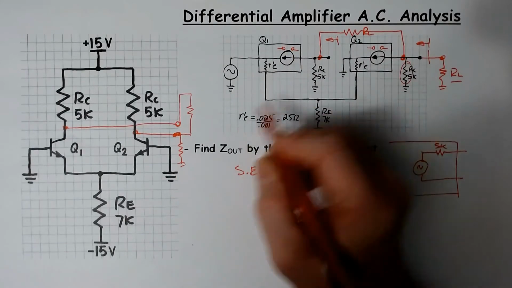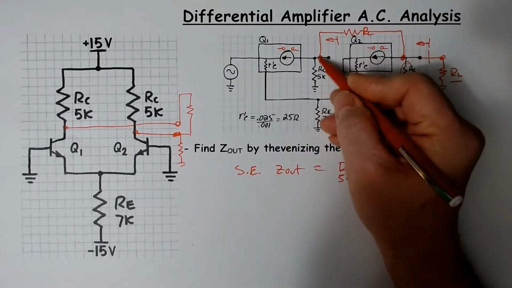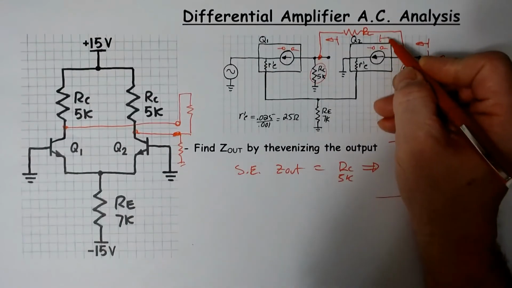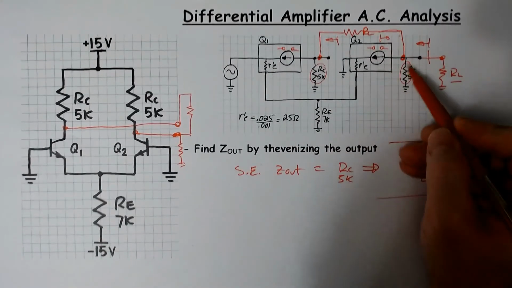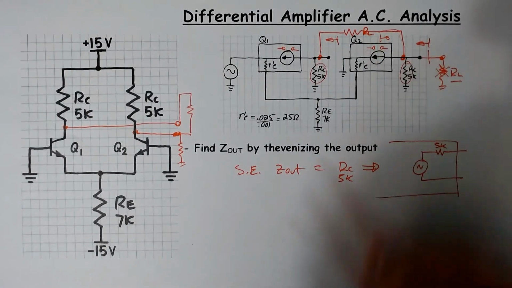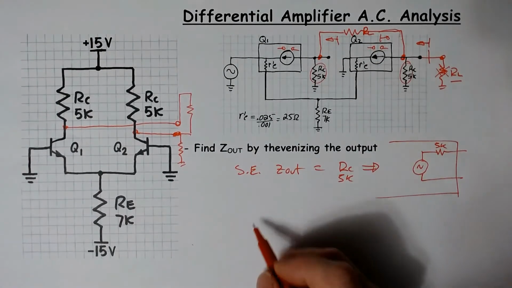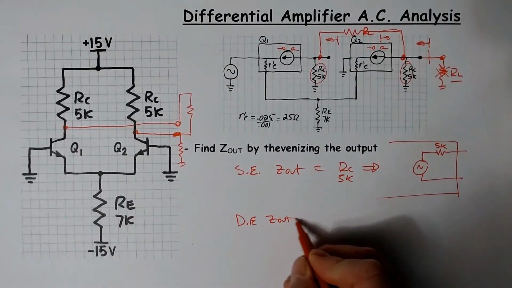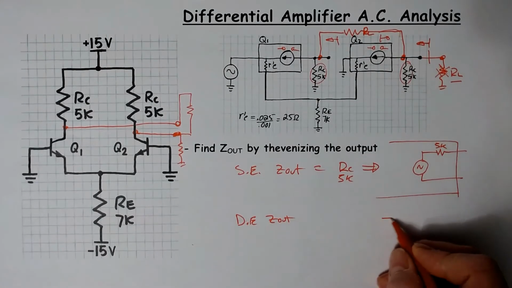The current source is an open. When you look in this direction, I see that the path to ground is a single 5K. And when I look in this direction, I see that the path to ground is a single 5K. Remember, this one's been moved up over there. So for a double-ended Z out, basically what you have